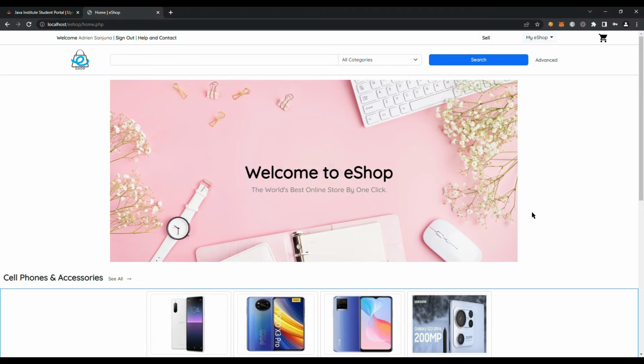Hello everyone. So in today's video we are going to be discussing how to design a seller's store page using the help of CSS, HTML, Bootstrap and JavaScript. So let's go. So here we have a my eShop drop down menu here, and here we go into